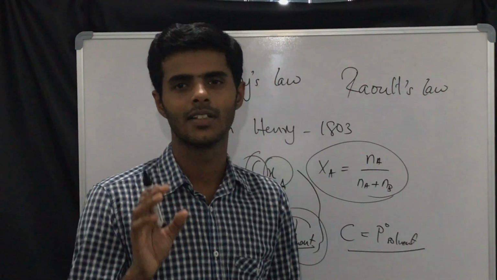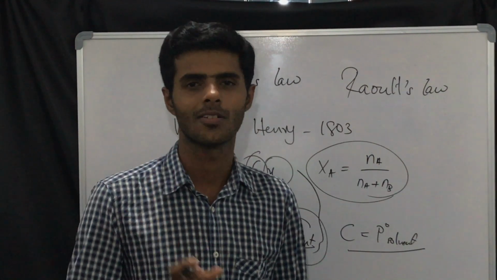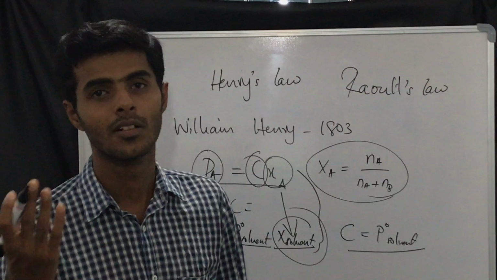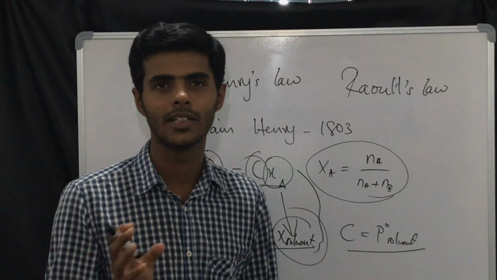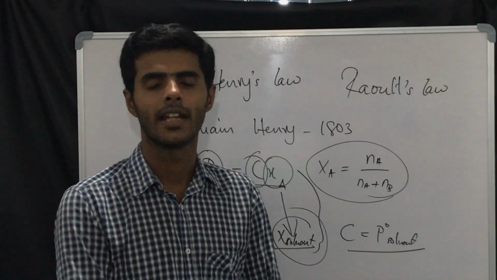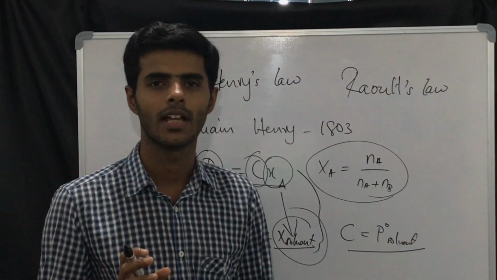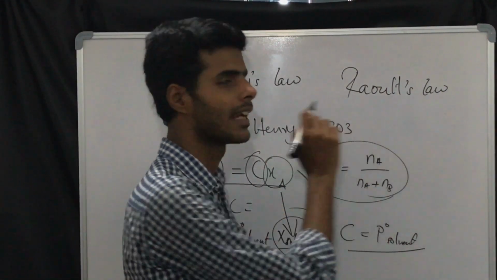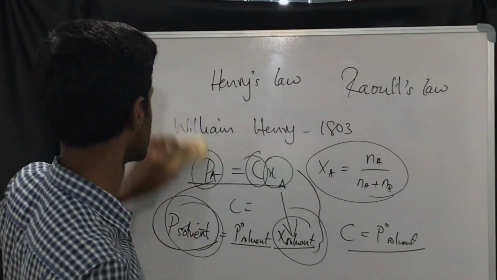So what are the limitations of Henry's law? Henry's law only works if the molecules are at equilibrium. This is one of the major limitations of Henry's law. Henry's law also does not work for gases at high pressures. It does not work if there is a chemical reaction between the solute and the solvent. Chemical reaction or chemical interaction between the solute and the solvent is not allowed, and if it is possible, Henry's law will not be applicable in this condition.